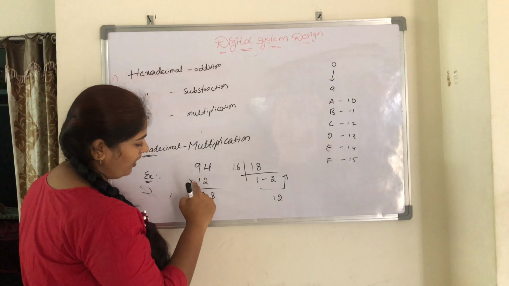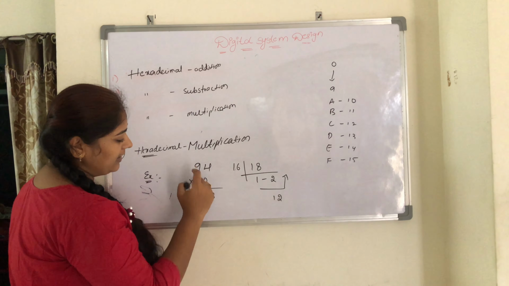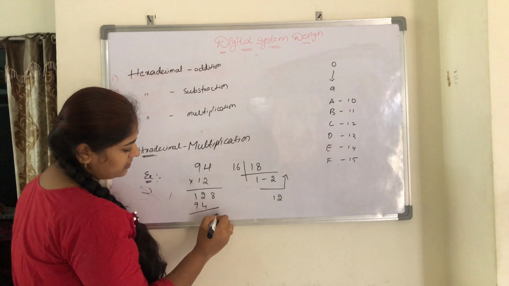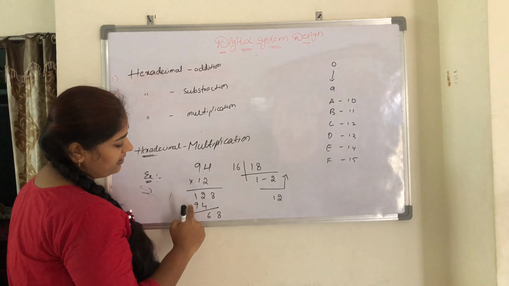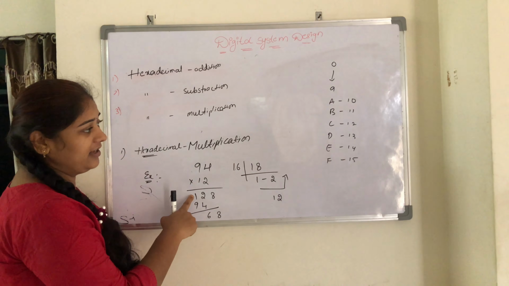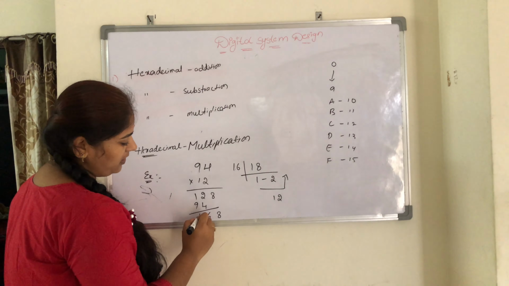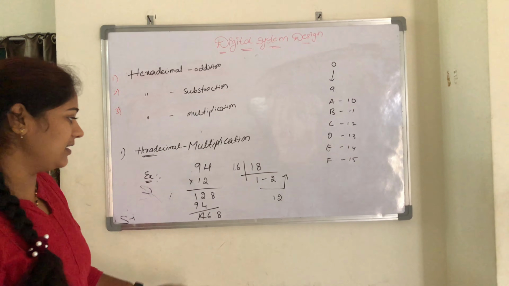1 2, 1 4s are 4, 1 9s are 9. So 8, 4 plus 2 is 6, 9 plus 1 is 10. 10 is nothing but a in hexadecimal. A68 is the answer of